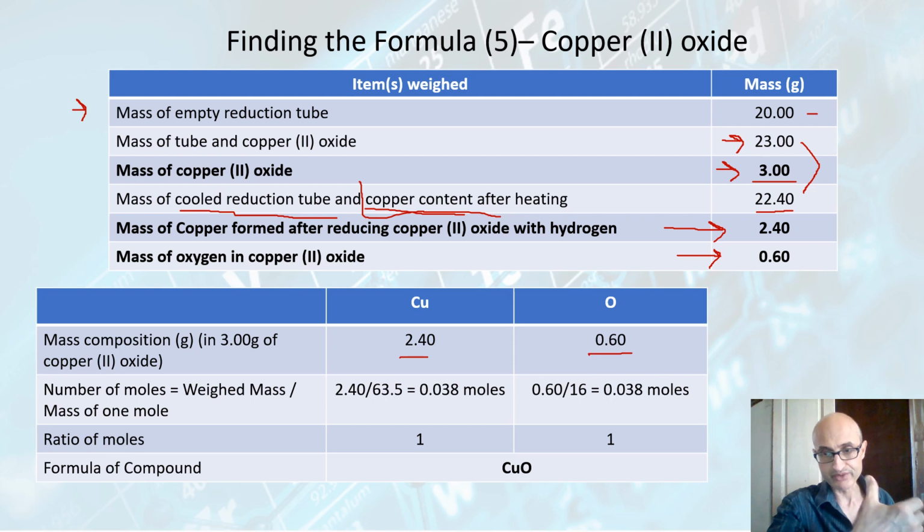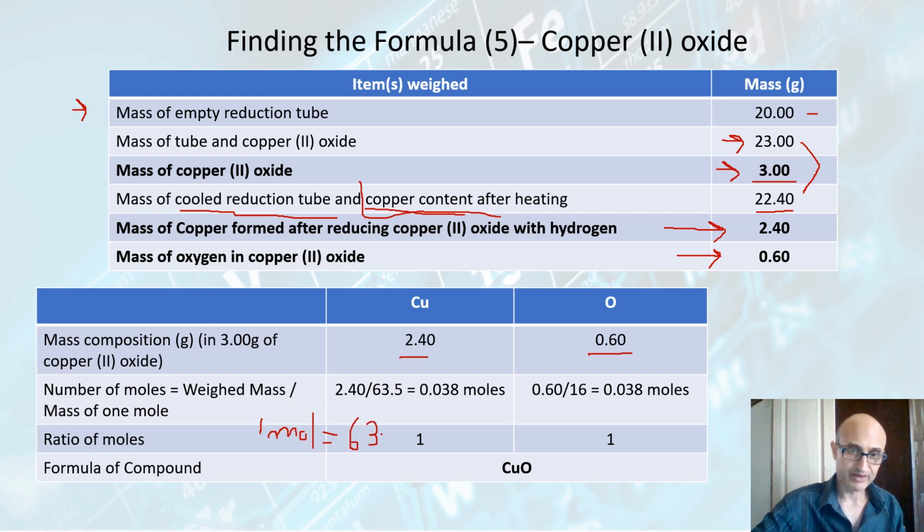Moles are numbers. Numbers can be expressed as a ratio, which is why we need to convert from mass into moles. And what you do is, as we did with magnesium oxide, so for example, if we look at copper and we have 2.4 grams, I can write this to help you out, 1 mole of copper, it will take me a bit of time, because I do not have a pen to do this with. So 1 mole of copper will weigh